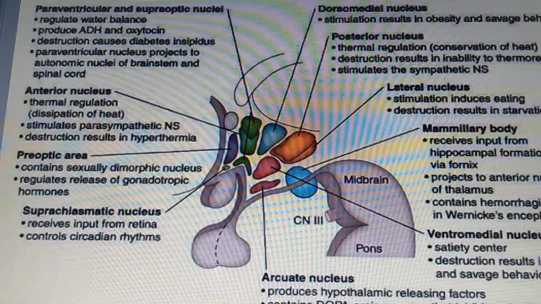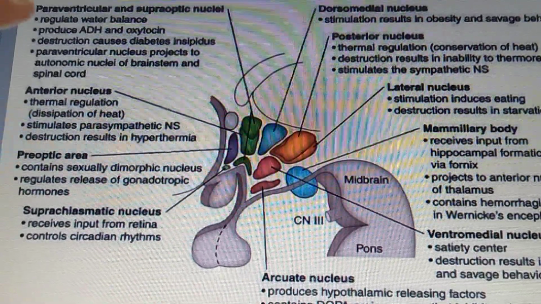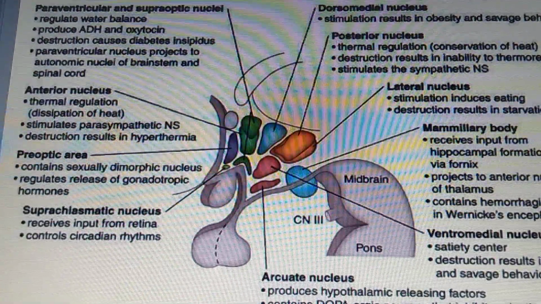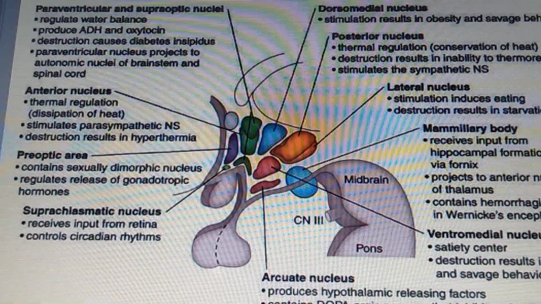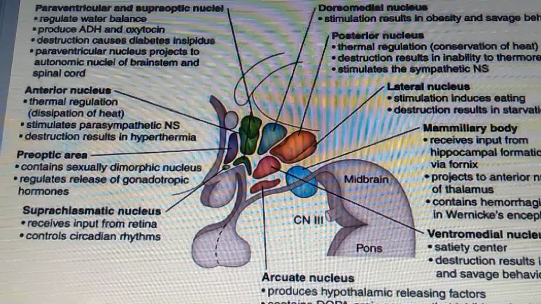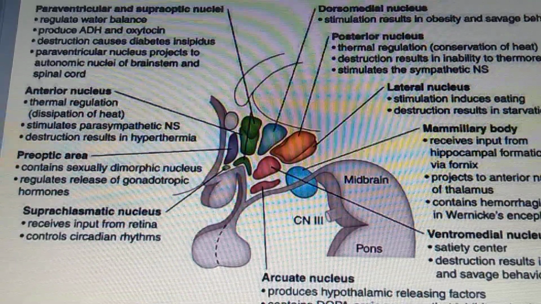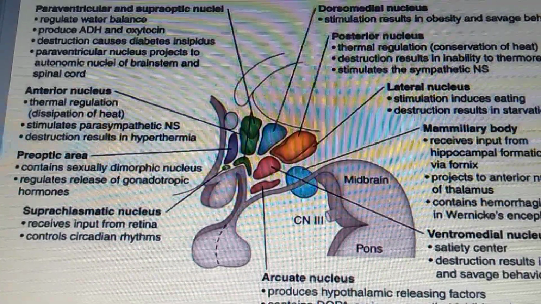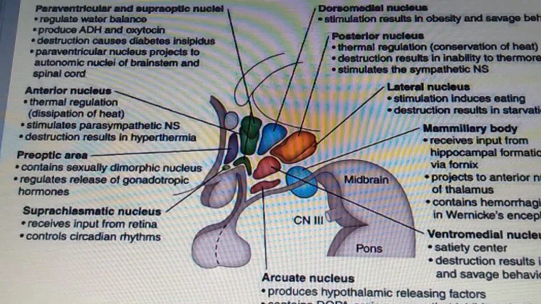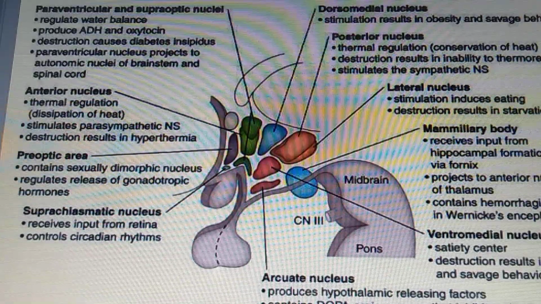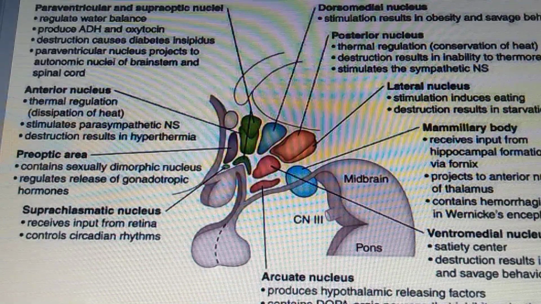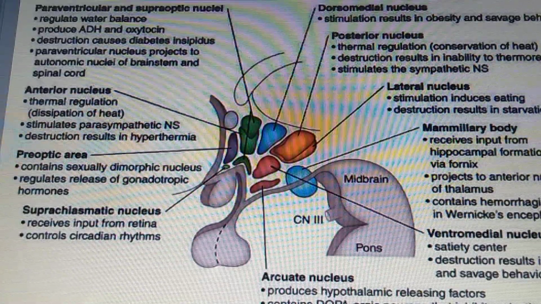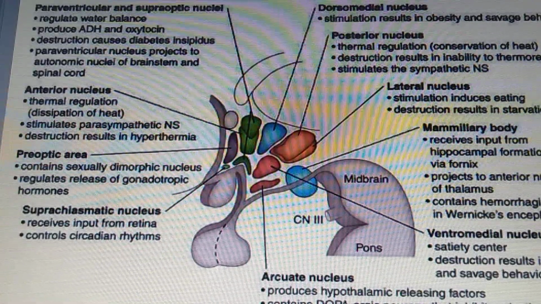Then second is the diabetes insipidus, right? If the ADH production is disturbed, then there will be diabetes insipidus. Then next is diencephalic autonomic epilepsy, right? This is characterized by flushing, sweating, salivation, lacrimation, tachycardia, retardation of the respiratory rate, unconsciousness, etc. Next is the sexual disturbances. In that, it may lead to either precocity or impotency.